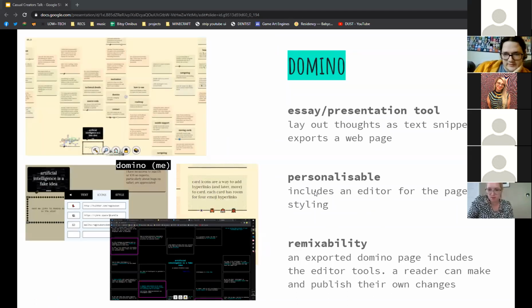Last on the list of tools is Domino, which is just an essay presentation tool for arranging snippets of text on the page. It exports, again, a single web page that you can share, instead of having a PDF of something or making a blog post or something like that. The interesting thing with Domino is that I made